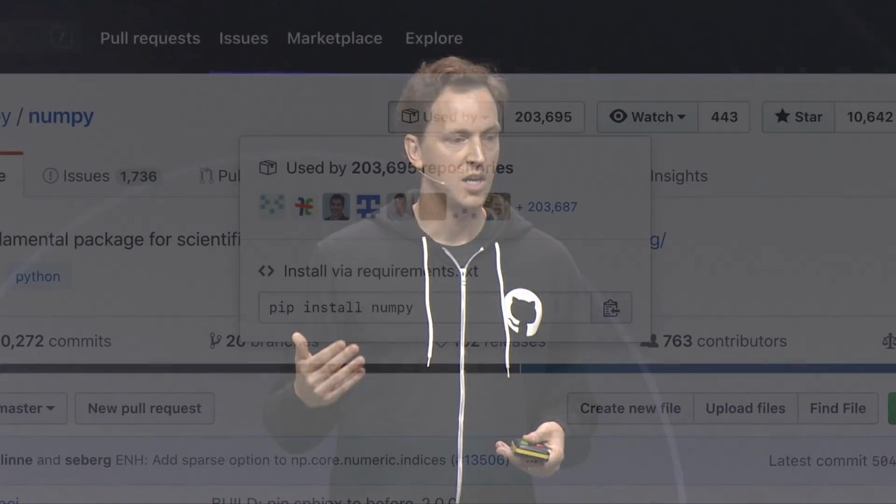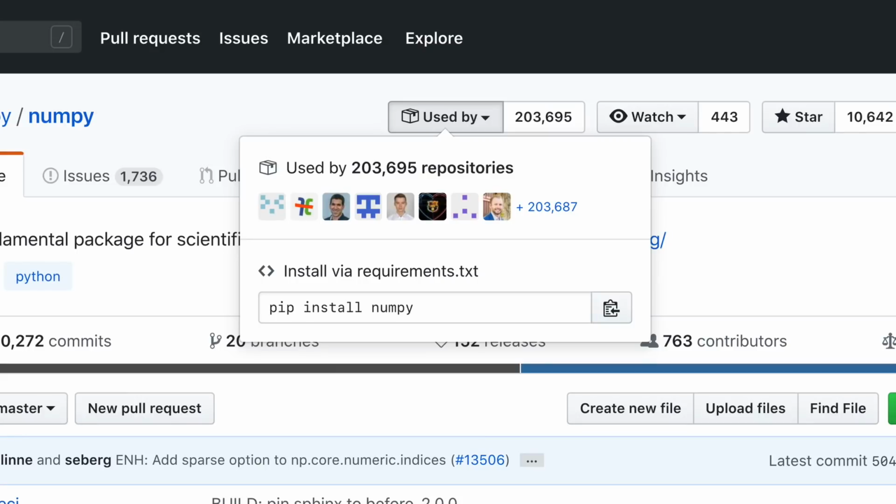We hope this is a useful signal of a repo's popularity that can help you make better choices. And for you as a maintainer, it's pretty cool. You can see how many people are using your stuff. You can even click on it and see exactly who those users are and which repos have joined in the last week or so. We screenshotted NumPy a week ago, and it went up by about 1,000 users in the week. So that was pretty cool.